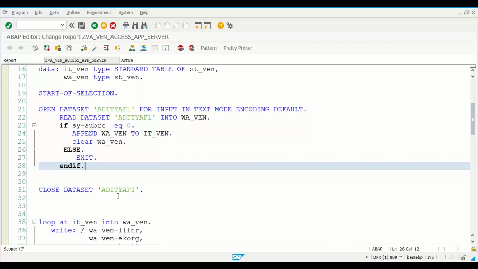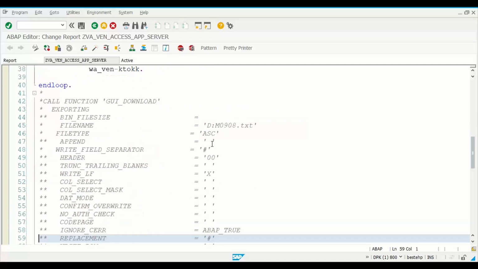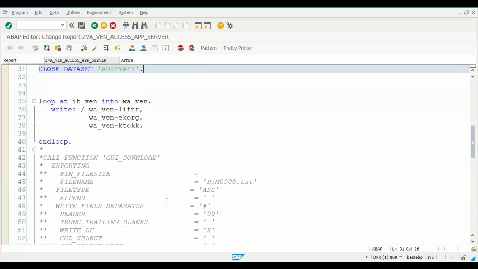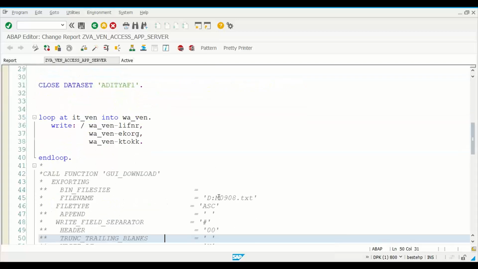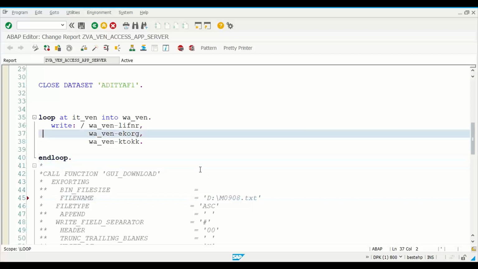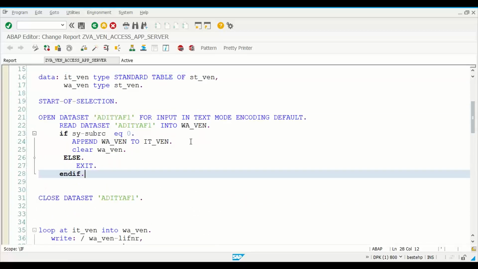So here we have the open dataset, and it has already been read. Whatever file name I was writing is wrong actually. I have to write a colon and backslash. I didn't write the backslash, and that's the reason it was not getting uploaded. But now the issue is resolved. I can just keep this as a backslash and then it will work. But here I'm getting only one record. That's what I'm looking at. Read this into